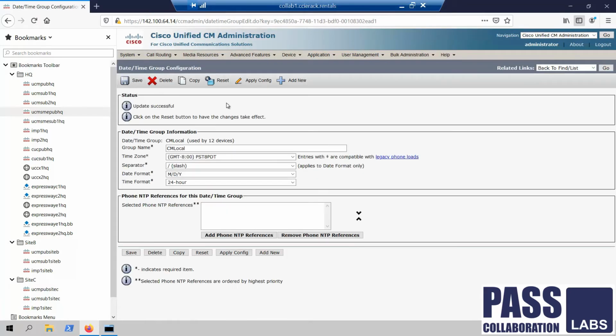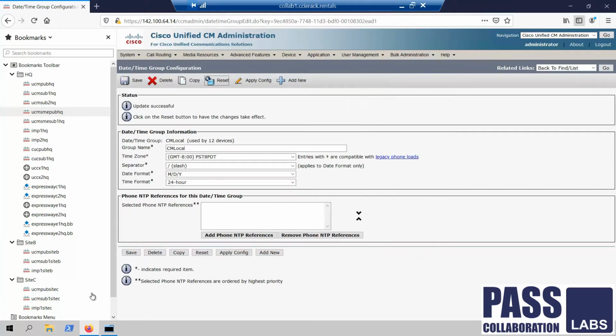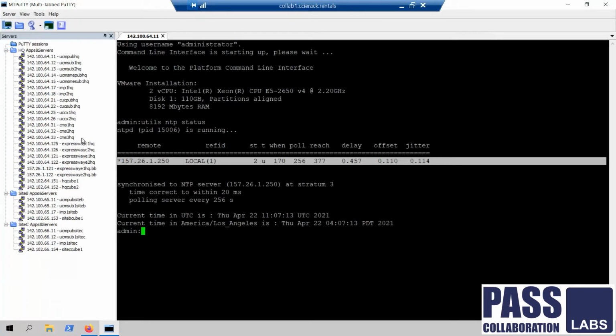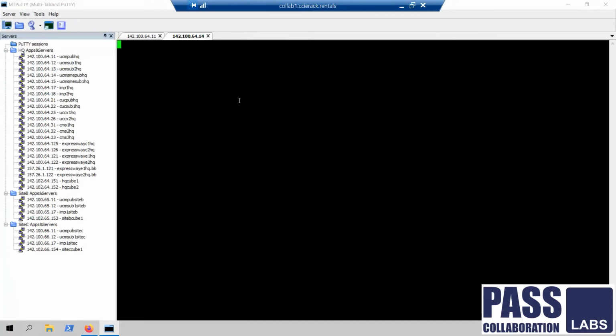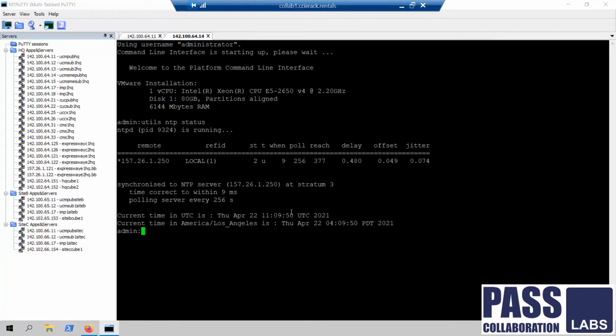Save it and reset it. And the next thing is to validate NTP for SME. Use the same command, utils ntp status. There you go. Looks all good.